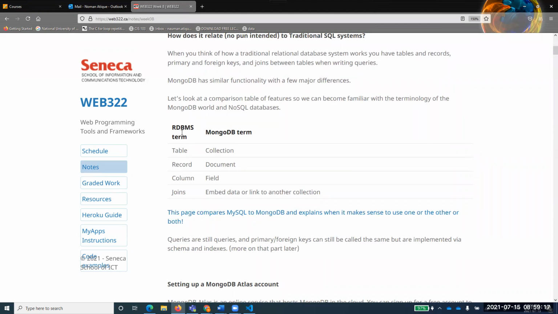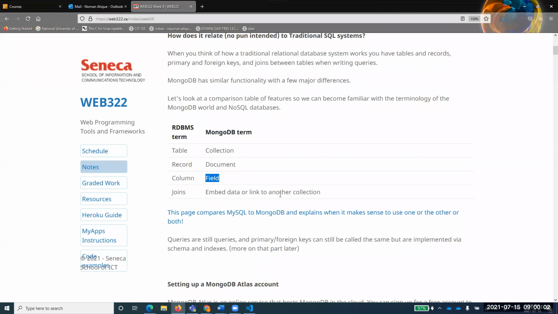What we call a table in RDBMS will be called a collection over here. And mind you, you need to keep these words, this lingo, in mind. What we used to call a table in our classical RDBMS, we call a collection. So there is no table in MongoDB, rather there is a collection for that. A record represents one complete record of a table, and here it will be called a document, right? And the column in the record is basically a field. It was typically called a field over there as well, and it's called a field here.